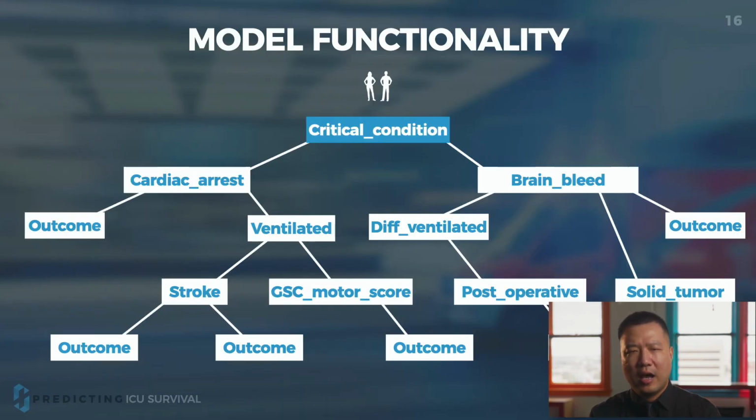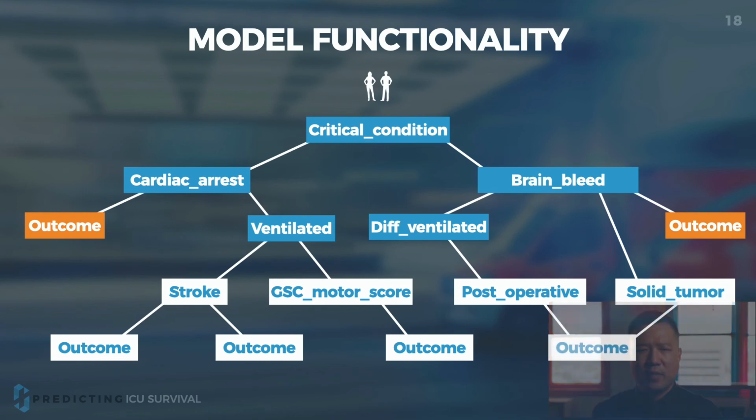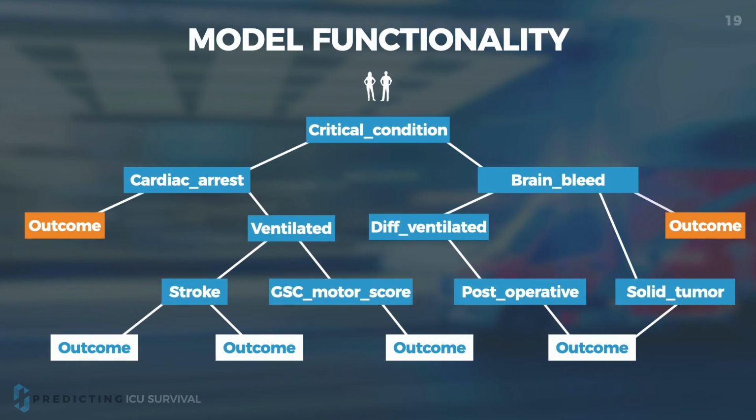Now here's the question: how do doctors in the future apply the knowledge our model produces? The model we used is a tree-based model. It looks at the current vital sign, then based on the order of the vital sign importance, it determines the probability of an outcome or moves to the next vital sign. For example, our model first used the critical condition vital sign, and based on the values, it moved to the next level to see whether the patient has either a cardiac arrest or brain hemorrhage. Then, based on data from those conditions, our model determines whether the patient is going to survive or moves on to the evaluation of other vital signs to further determine the outcomes.